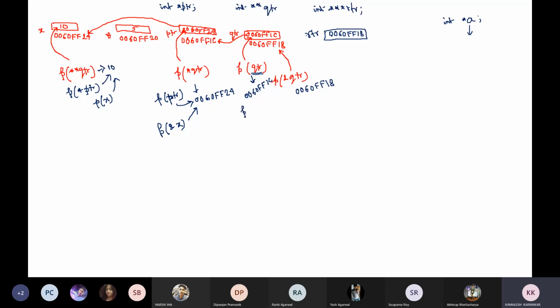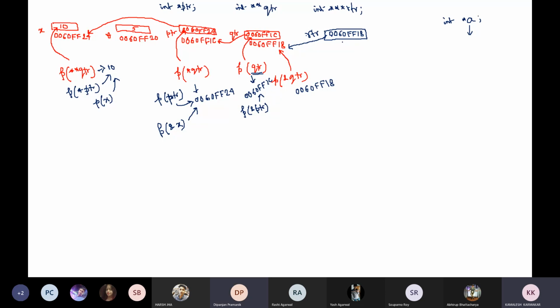If I want to print the address of ptr, then the output will remain the same, the address of ptr. It's the address of ptr because qtr is pointing to the ptr variable. So qtr is holding the address of ptr, so both will be same. So this is the way we can manage it.